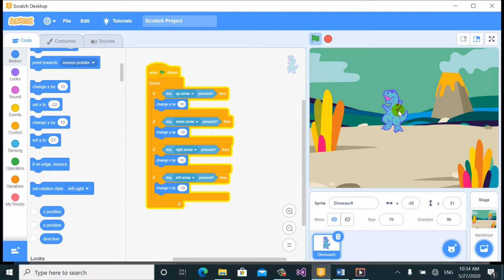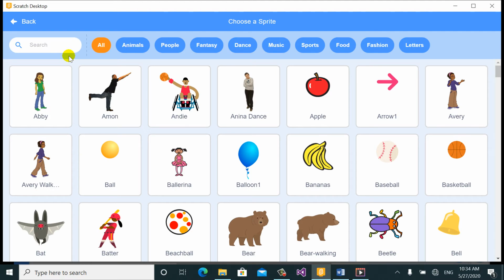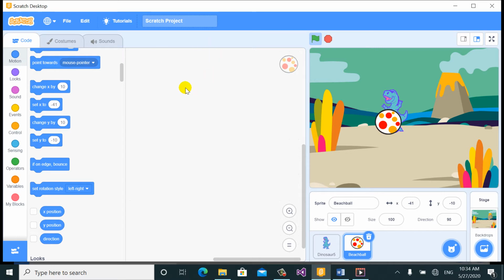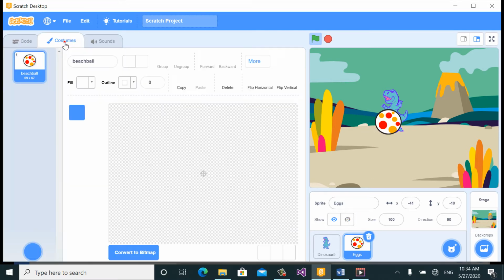Let's continue and complete our project, because we need another sprite. We need to complete our game. Click on choose a sprite. I can use beach ball, so click on beach ball. This is another sprite area. Click on beach ball, so you can change the name, for example X. You want to change this to the X. Let's click on costumes and